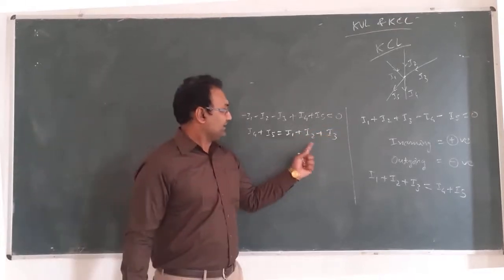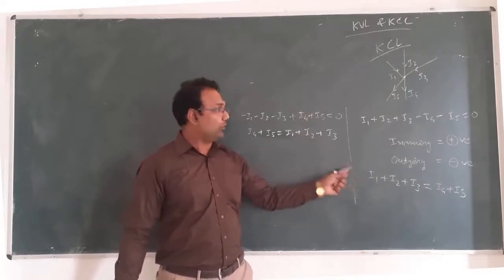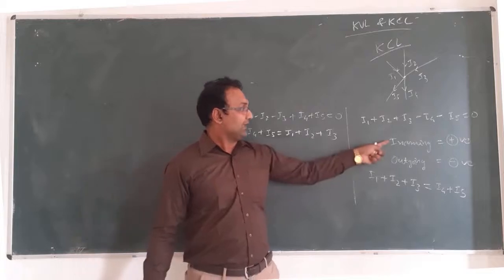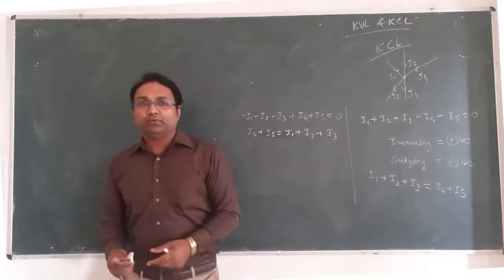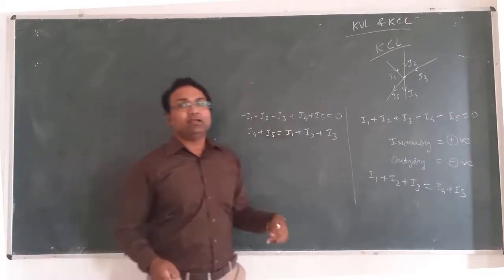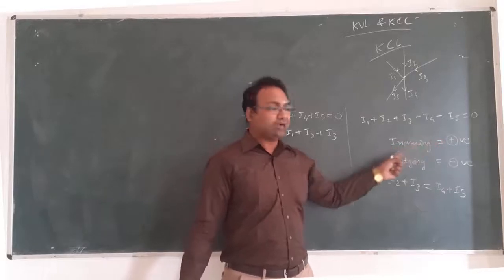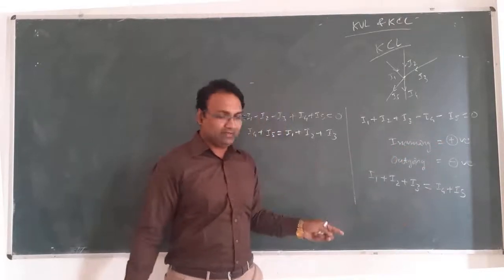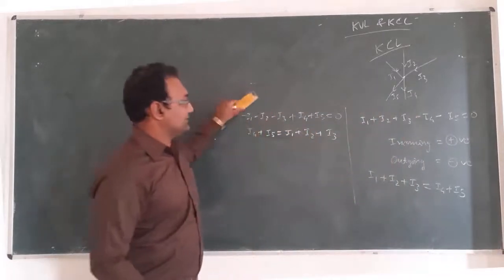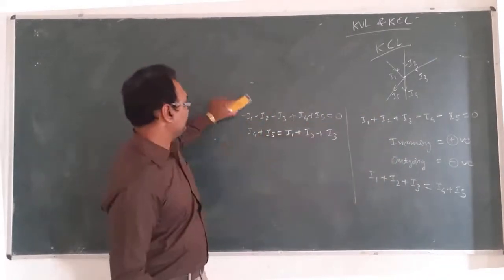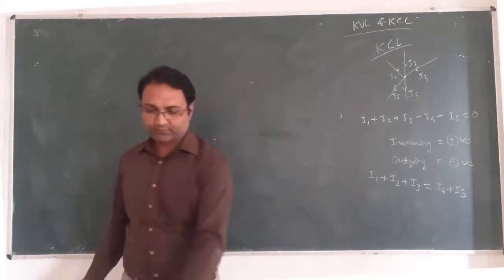Fine. So we can see here in these two equations, they both are basically the same, although we have taken different assumptions of incoming and outgoing currents. So we can just simply stick to only one assumption, the most common one, that is the incoming will be positive and outgoing will be negative. Fine. So in most of the upcoming cases, we will consider only this particular assumption.